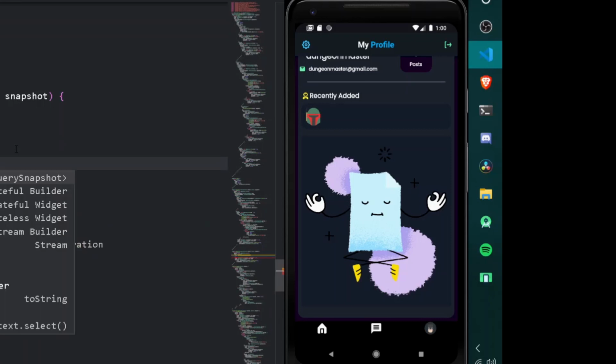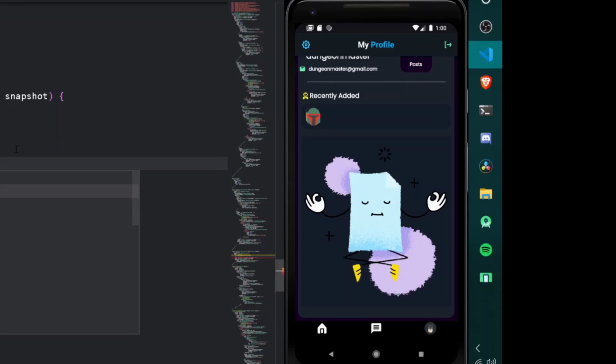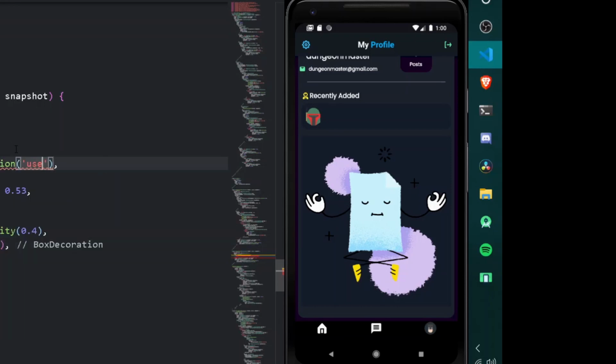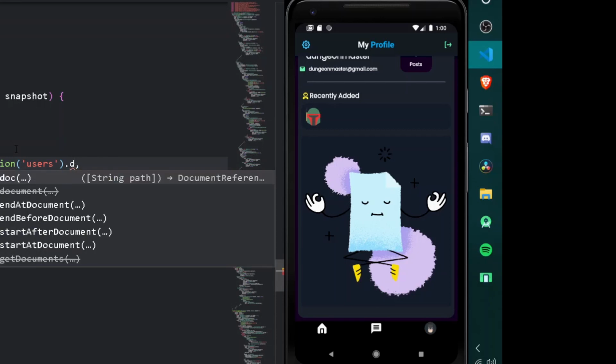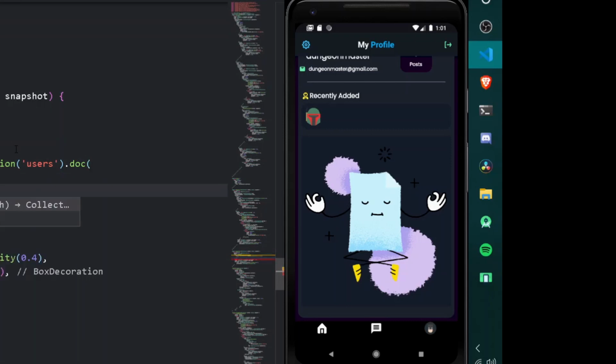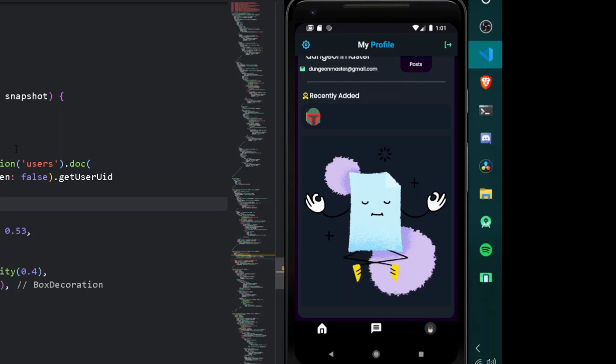Under the following stream builder, first of all let's have a stream for FirebaseFirestore.instance.collection, a collection of nothing but all the users, and from this let's get the particular doc. The doc shall be nothing but the data of the particular user, and from here we can have a collection of all the posts, and from there we can get all the snapshots. So first of all let's have a Provider.of, and under this of let's have authentication, and once we have provided authentication let's set the listen property to false, and after that let's get the user UID, easy. And once we have provided the following stream, let's have builder as well.